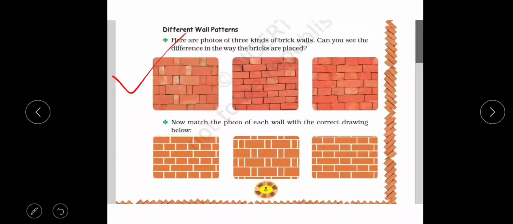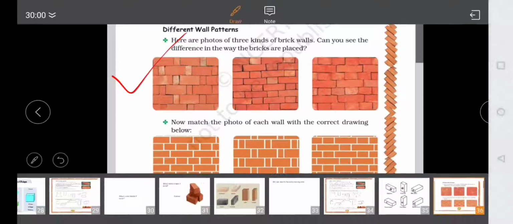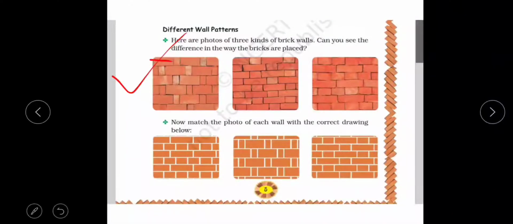For example, in this first one, the long face is given, then smaller, then longer, then smaller, then longer, right? And then the opposite is done in the next row. And in this, what can we see?